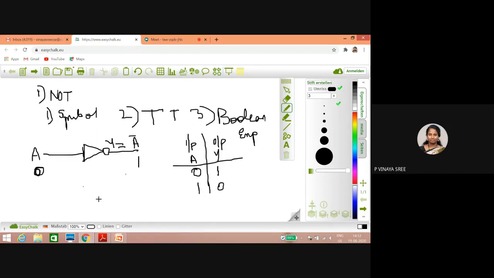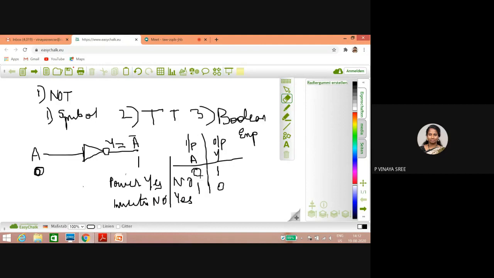So why is this an inverter? Let us consider, for the sake of understanding, at home, if power is there. If power is there, definitely I will not use an inverter, so it will be no. Now let us go for the other side. If power is no, then definitely what will you have? You will use an inverter. So given an input 0, the complement of that you will get as 1. Given an input 1, you will get 0. So this is your NOT.